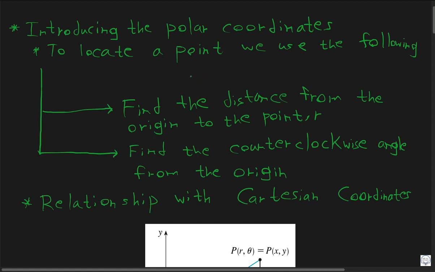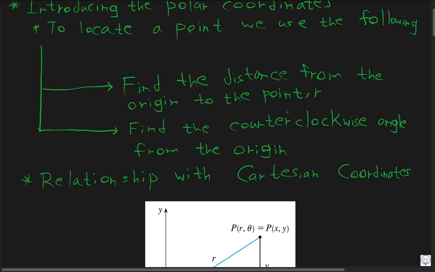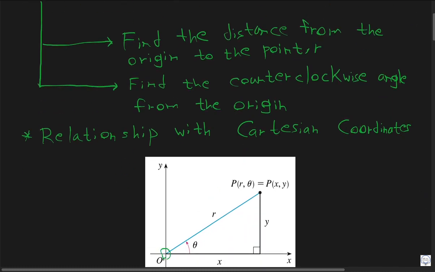In this video, we'll talk about polar coordinates. Polar coordinates are a way of identifying the locations of points, just as the Cartesian coordinates, where we use xy coordinates to find the points. In polar coordinates, what we do is find the distance from the origin to that particular point, and we call it r. In this diagram, you can see that this is my origin, and this is the point P